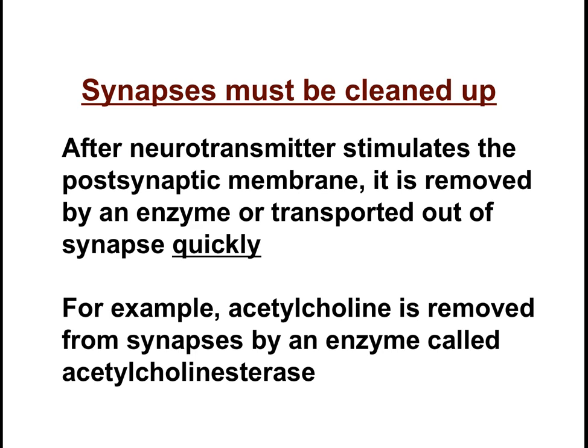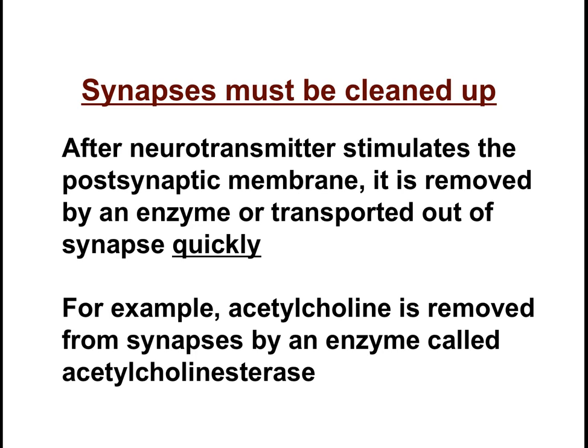When a neurotransmitter is released from the axon and crosses the synapse to the receptor site on the dendrite, that nerve impulse is said to propagate. It moves from one neuron to the next. But imagine if you want to have another nerve impulse after that. You have to have a place. You have to have an open receptor site on the dendrite in order for another neurotransmitter to go from the axon to the dendrite. You don't want these nerve cells to be like single use.